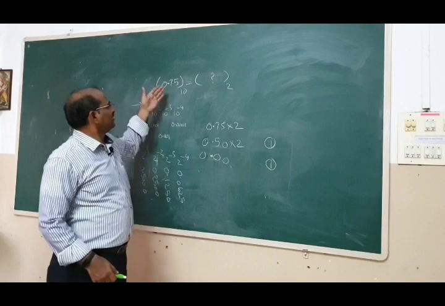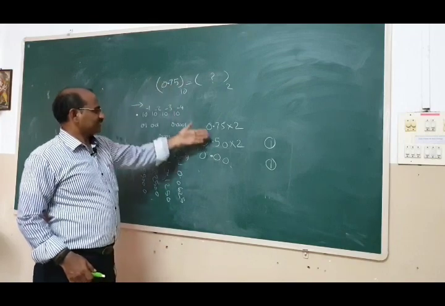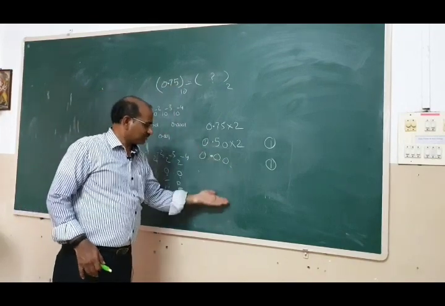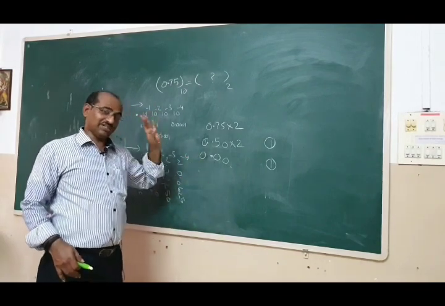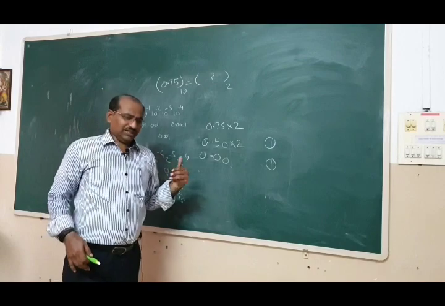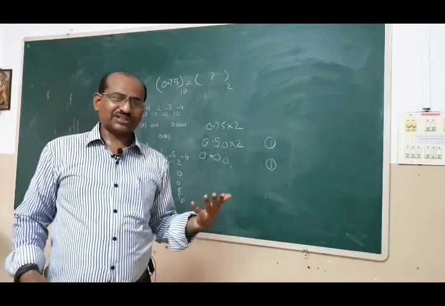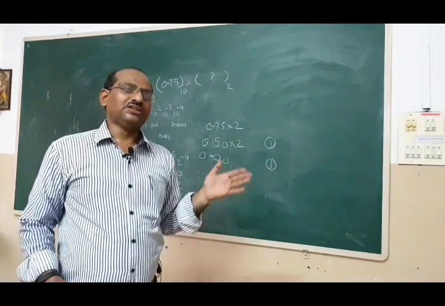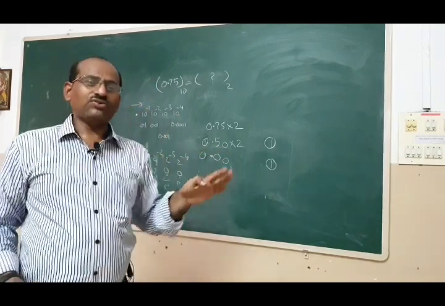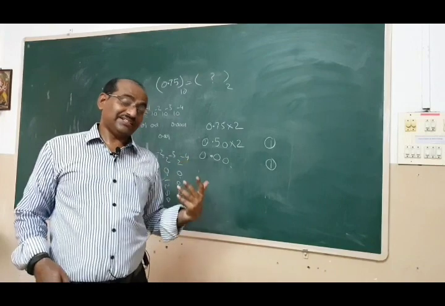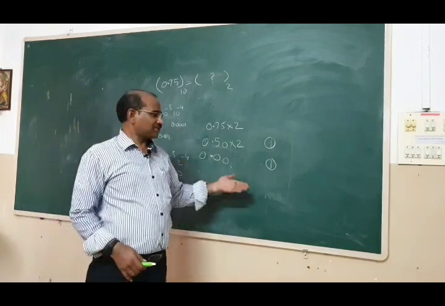Sometimes if you take, suppose, 0.786, what happens? It continues. It goes on. Sometimes you will get 3 or 4 zeros, then only you will get 1. Then how to limit ourselves? They will ask in the question, say, reduce the answer to 4 significant bits or say 3 significant bits. Then you stop it there.